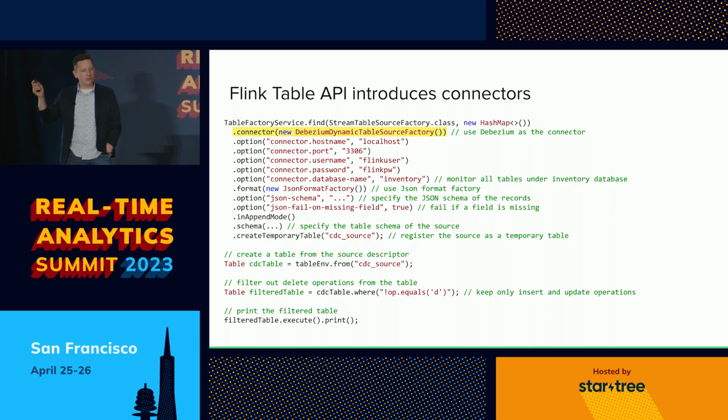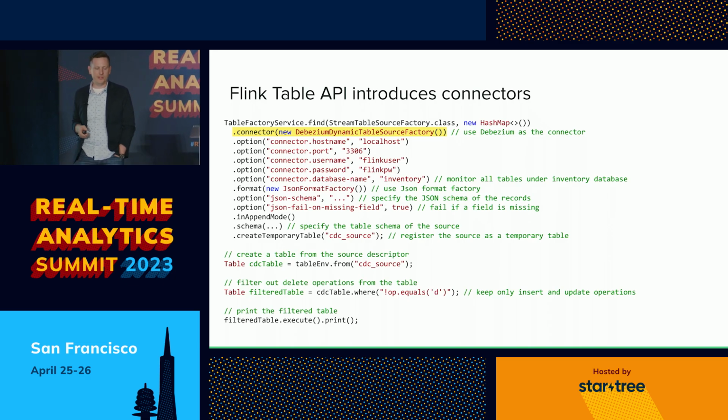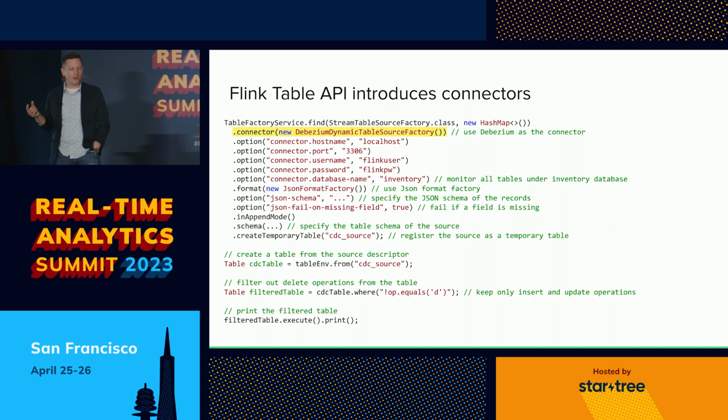All right, so the rest of the code has a lot of configuration, but it looks very similar to the JSON that we wrote earlier, right? And then down at the bottom, we can have our filters, we can have joins and that sort of thing. But you notice the stream processing aspect is now dealing with just tables. So I guess that's why they call it the table API. It expresses everything as a table.